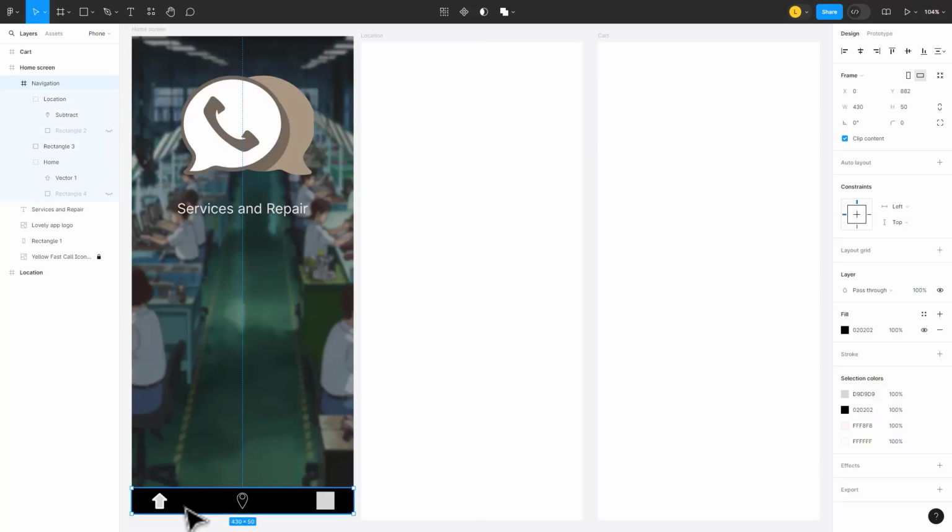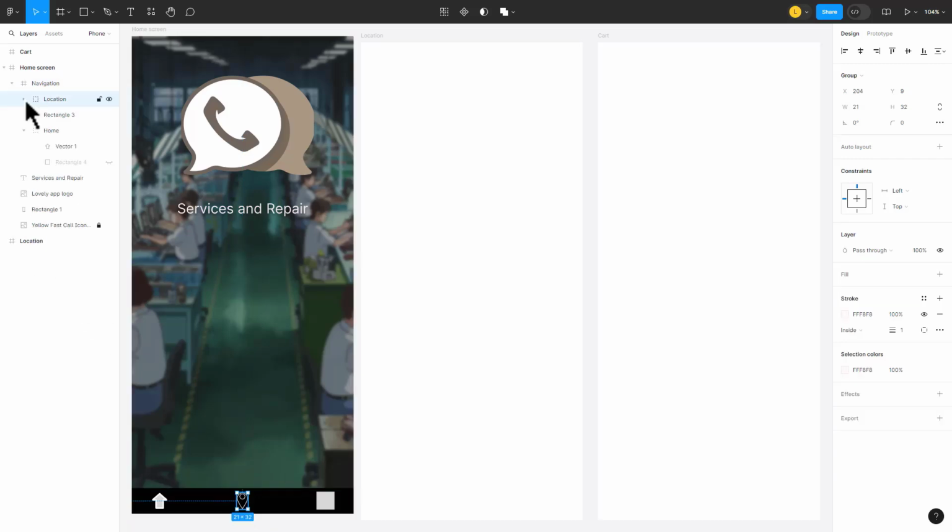Now this is looking good, but you'll notice that the stroke in the house is a lot thicker than on the location icon. Let's make a quick adjustment. Over here, I'll click on location, and let's open this up. Here I have all the different shapes that make it up. Over on the right hand side, let's adjust the stroke. Here I'll make that a little bit thicker, so maybe we'll go with 2,